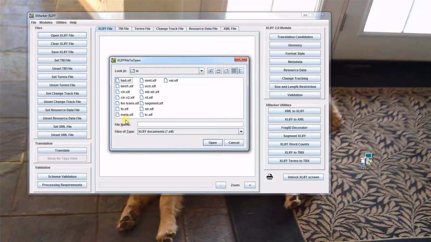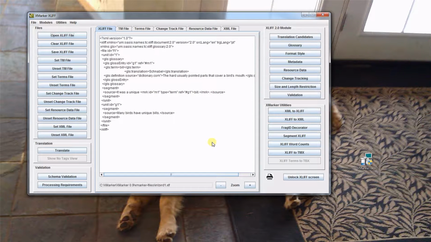So as I said, the first thing I'm going to do is just a plain old translation. So I can open any of these files. I'll open this one, bird. Okay, so this is a glossary file. Oh no, that's an XLIFF file, but I see that it has the glossary module already activated, but that's okay. This will show us. We have actually just one unit in this XLIFF file. Many birds have unique bills. Okay, that's interesting. So I can say translate,